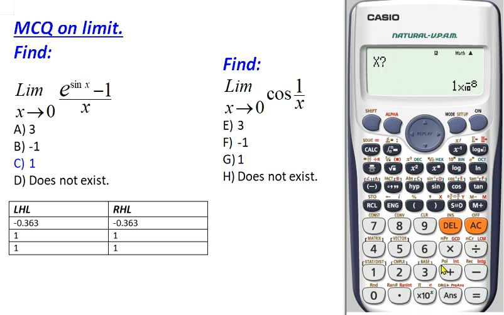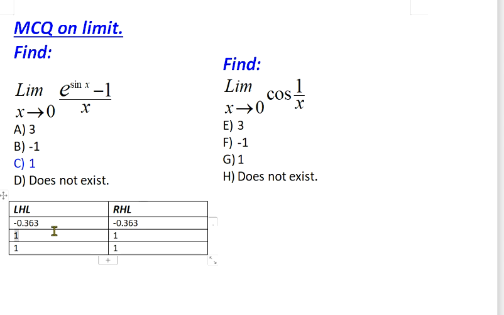Let's do the same thing for a different value of x very close to 0. Let me change the input. Let me approach from the left hand side. 10 raised to the power of minus 7. At this condition, let's calculate the limit. Minus 0.907. This is the limiting value.